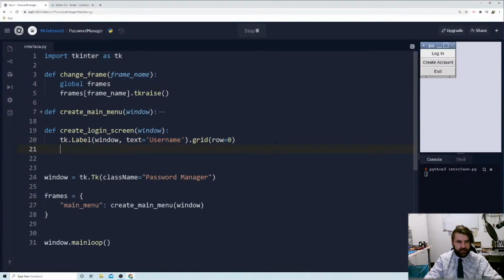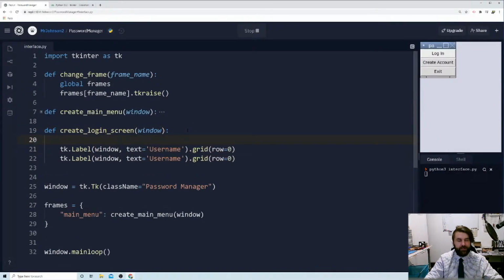Let's copy this and paste it down here. So we're saying tk.label, we're giving it the window as its parent, okay? We don't want the window as its parent though, do we? We want to create a frame that's containing all of this. And the frame's parent is going to be the window, but the frame's going to have children, and the children are going to be our labels and our text entry fields. So